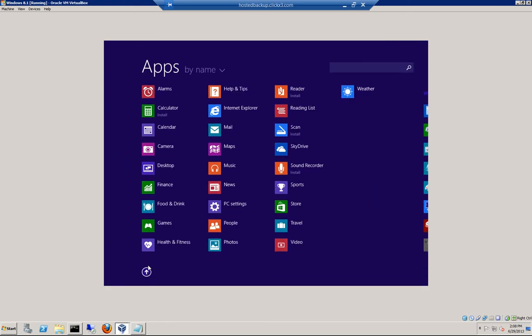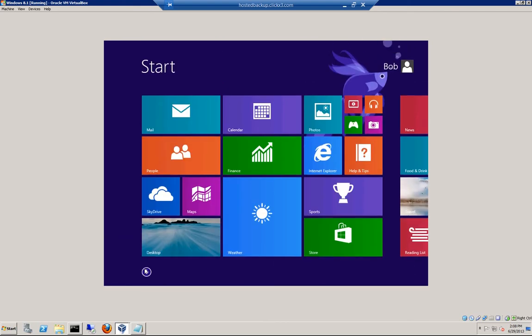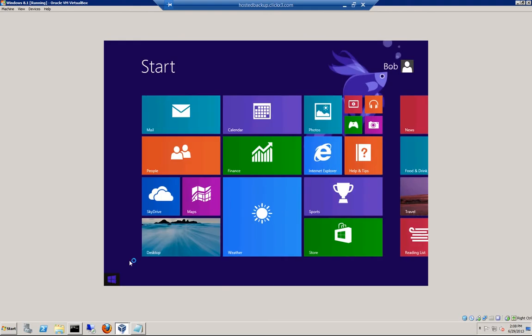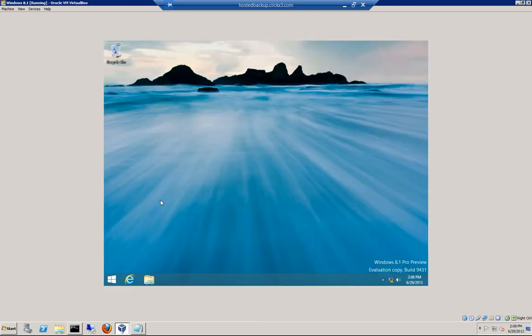So we can see the apps and things by name. Click the up arrow. Now we'll click on the desktop. And look at that, we got our start button back. But when you click on the start button, let's see what happens. Takes you back to the Metro interface. So not the traditional start menu, but still better to have a button. And that's installing Windows 8.1 Blue Preview on